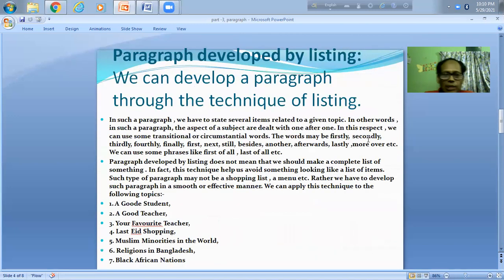তারপরে আমরা ডিস্টিং প্যারাগ্রাফের দিকে দৃষ্টি নিবদ্ধ করেছি। সেখানে আমরা উদাহরণ দিয়েছি এই গুড স্টুডেন্ট আর গুড টিচার, ইউর ফেভারিট টিচার আমরা বলেছি, লাস্ট উইক শপিং, মুসলিম মাইনরিটিস ইন দ্য ওয়ার্ল্ড, রিলিজিয়নস ইন বাংলাদেশ, ব্ল্যাক কাস্ট। যদিও এখানে আসলে আমরা ডিটেলস সবগুলো নিয়ে কথা বলিনি। তারপরে এখানে উদাহরণস্বরূপ যদি আমরা এখন একটু উদাহরণ নিয়ে কথা বলি,